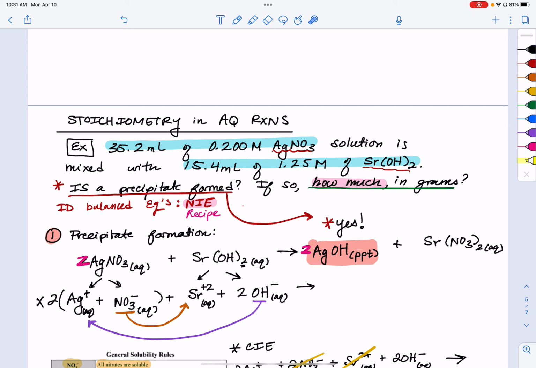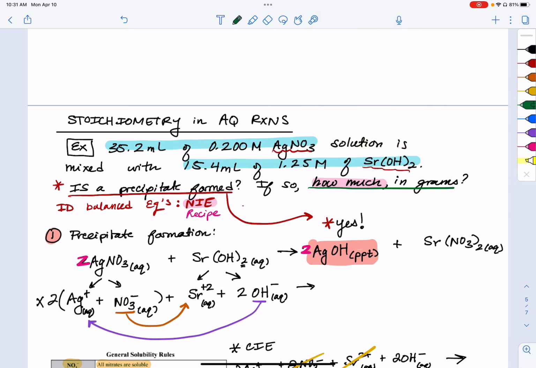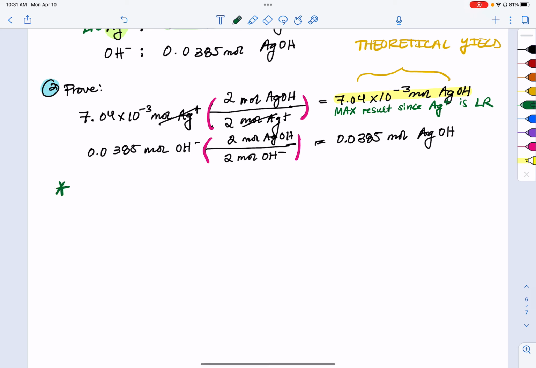Uh-oh, how much in grams? No, Professor Caslin, why? So notice, to get this into grams, I need to take my theoretical yield of silver hydroxide precipitate, 7.04 times 10 to the negative 3 moles of silver hydroxide. And I want to get that into grams, so I am going to either calculate or Google the molar mass